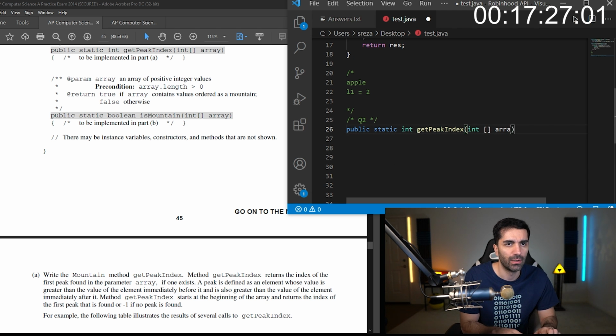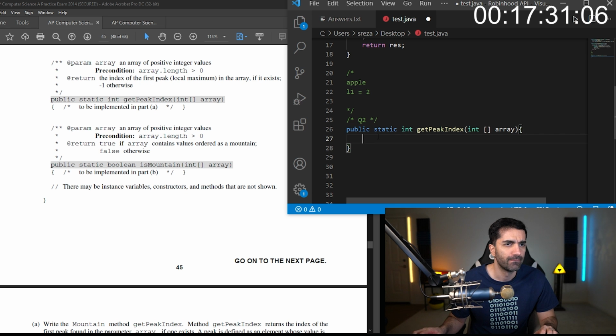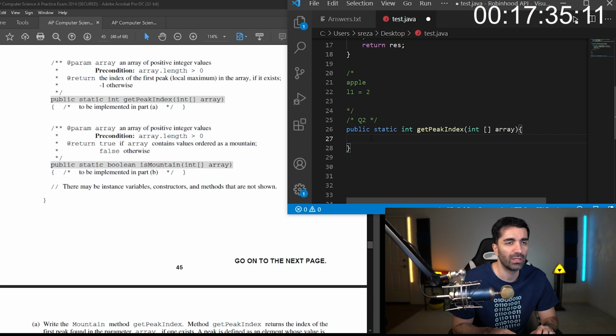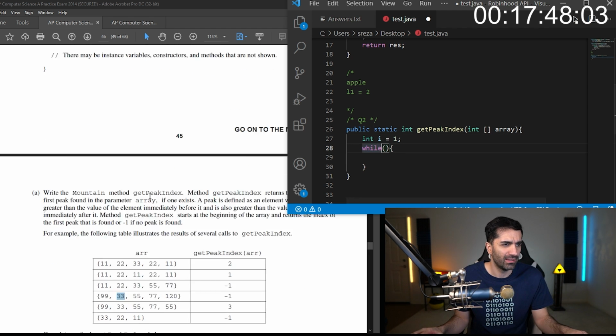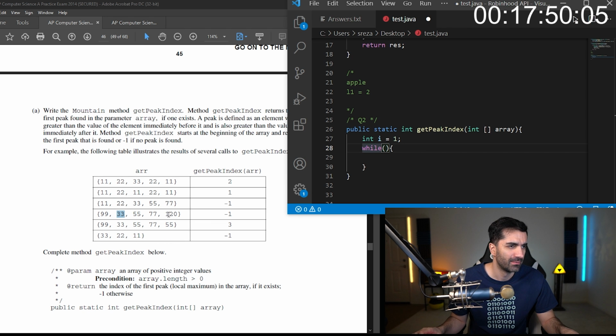I feel like this part is actually a little bit easier than the multiple choice. So what we want to do is say int I equals 1, and we'll say while. If we get to the last element, does that mean the last element can never be a peak?